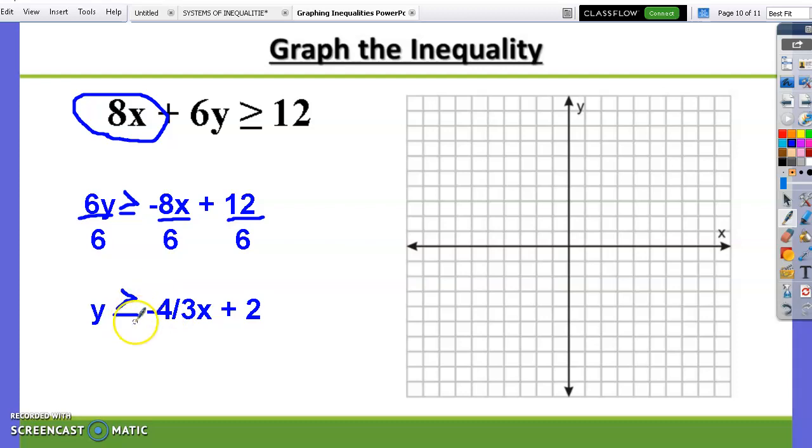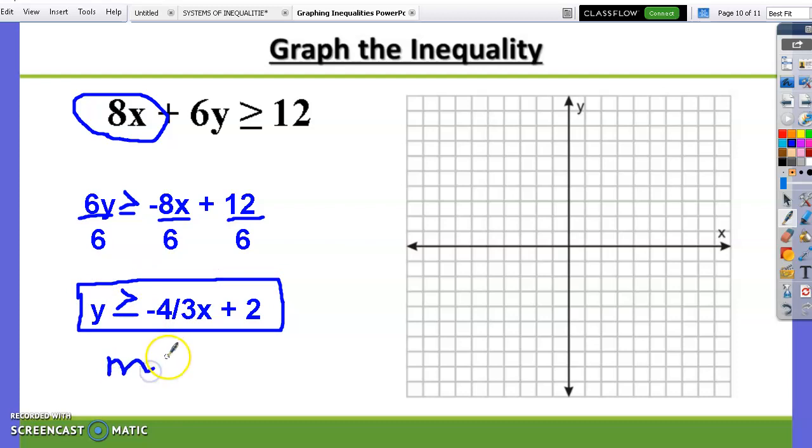Now I notice that it has a line underneath, so it's going to be a solid line. And now I can identify my m and my b. So my slope here is negative 4 over 3,